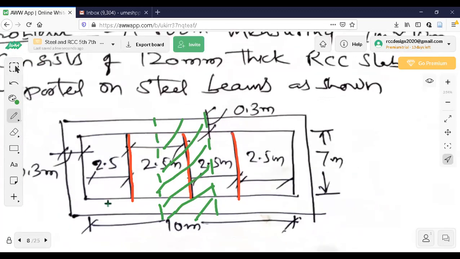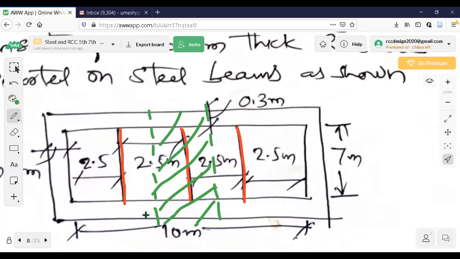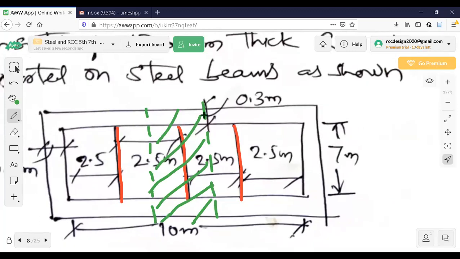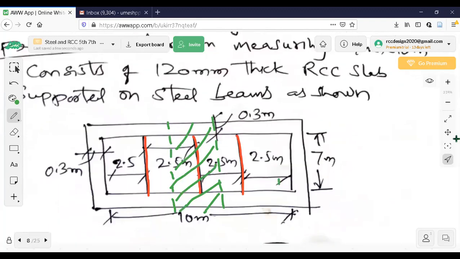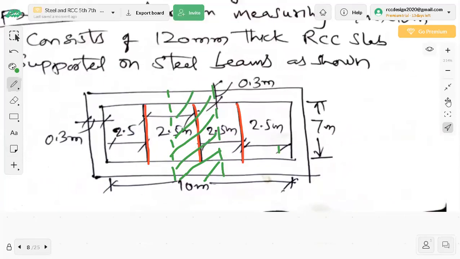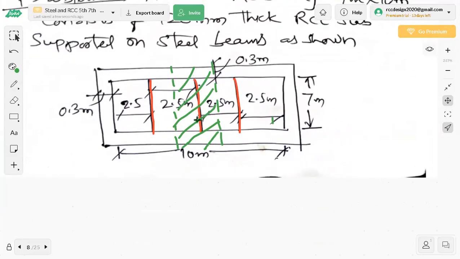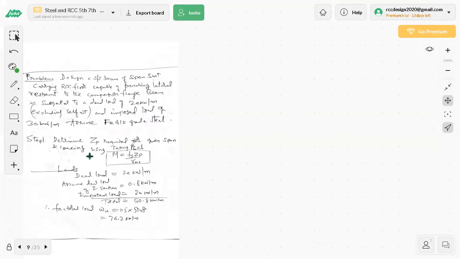Similarly, this side, if you come, 50% of this panel, 50% of this panel will be the load shared by this beam. Is it clear what I'm telling? Similarly, this side. The critical section is somewhere; I can select any one of these beams and design. I have selected this beam. Now observe here. So this is what I'm going to design. I'm going to design this beam. I'll go to the next page.